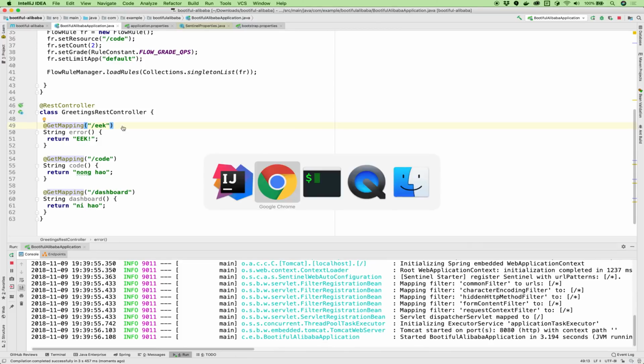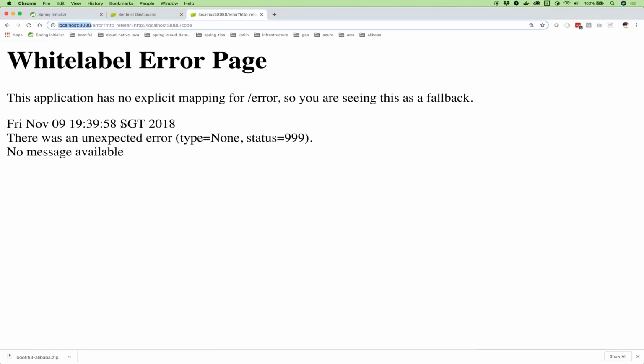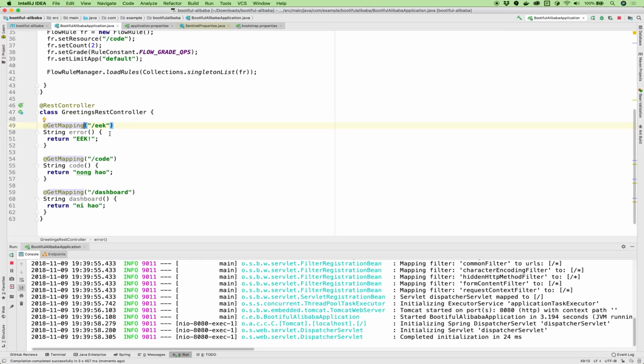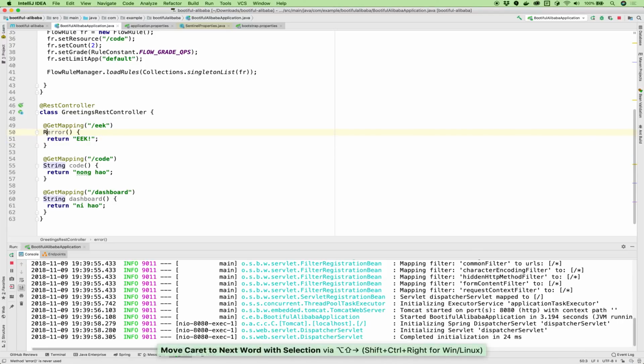It occurs to me that might be interfering with the generic Spring Boot white label page code. There we go. So that was right. So now, I guess /error is the issue. The Spring Boot error page got in the way. Basically, I was interfering. So let's try this again now.